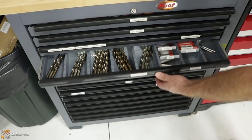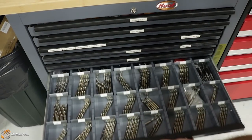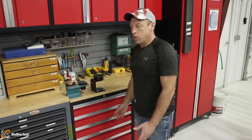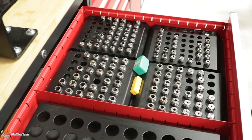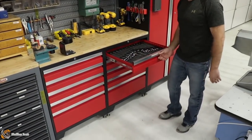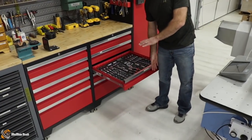And we do keep a good inventory of tools and just things we know we're going to use and need on a daily basis. Keeps things running smooth, helps us keep to those tight deadlines. Okay, we also have a large assortment of obviously collet type holding tools and fixtures. Again, measuring tools kept on the floor. Nice, neat, clean, organized hand tools that we can use every day. Easy to track down. The tools are here that we need to do the work when we need to do